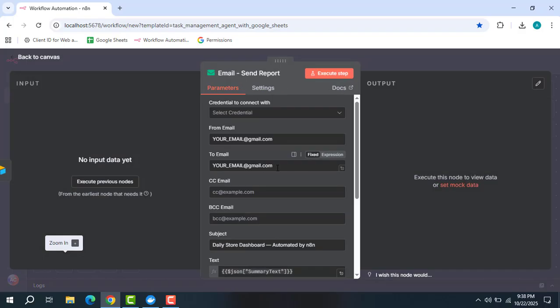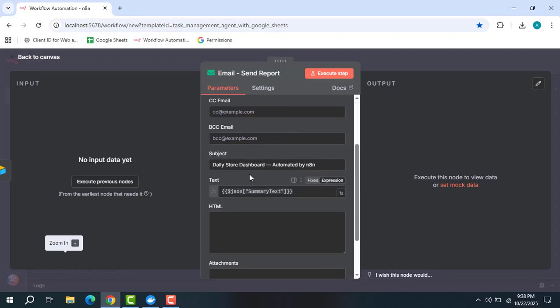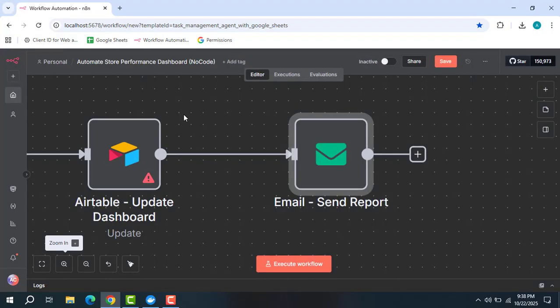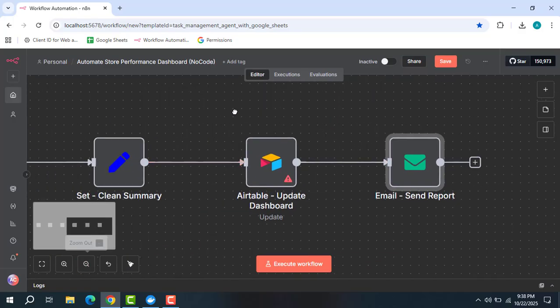Let's open it. You have from email your email Gmail, to email your email gmail.com, and the subject daily store data dashboard automated by n8n, and the text is JSON summary text. The summary text you saw, you take it from the set node. You just built it,